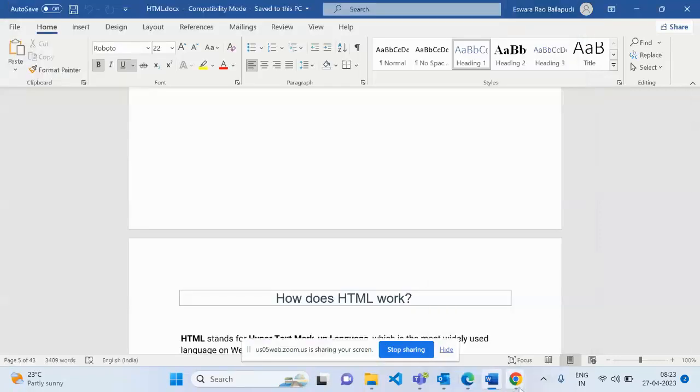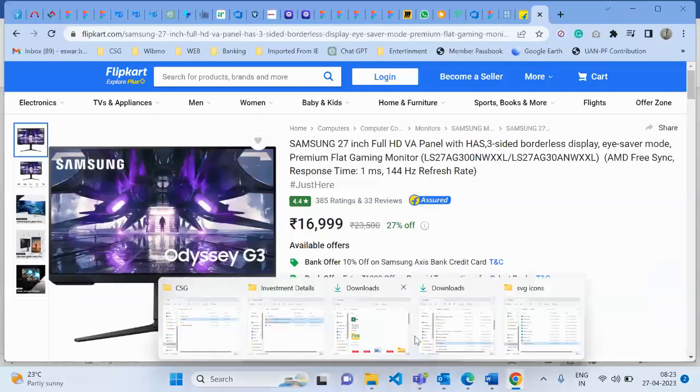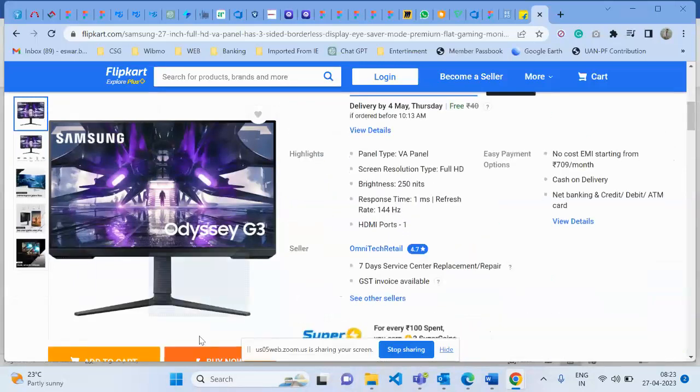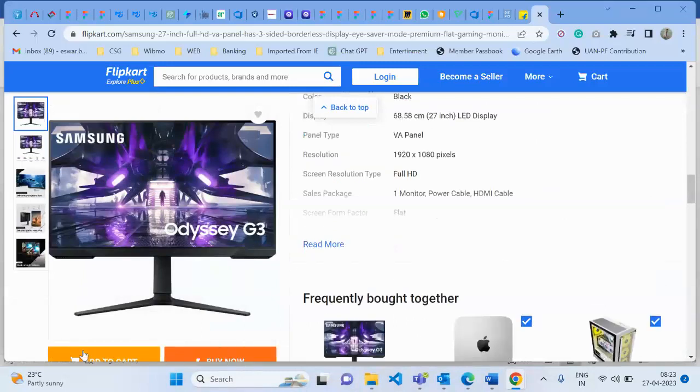For example, if I open the website, here you have one image, and this is called one text. So text, images, paragraph, heading, all are called components. See here, you can see the button. This is called a button. These two are called buttons.